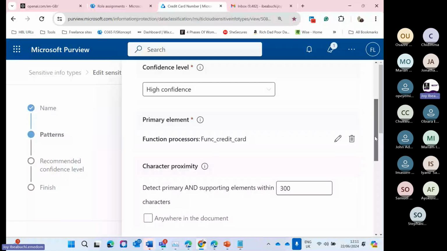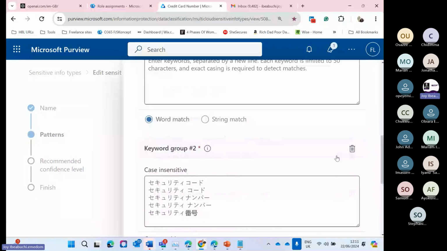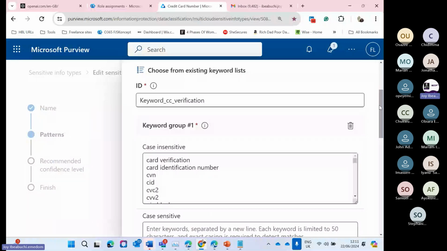And then they've put supporting documents. Looking through their supporting documents, I can see that they've covered whether it is Nigerian, English or other language. So depending on your organization, if your organization deals with card details beyond even just English, this kind of SIT would help you find them. And they've called out some key things that are shared within card conversation. So you hear card verification number, CVV. They're saying that if you see all these